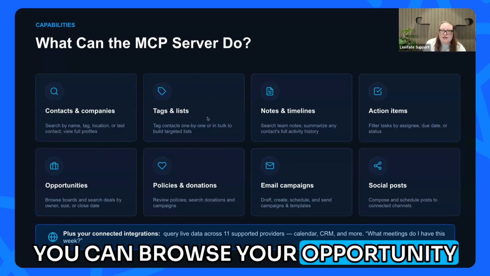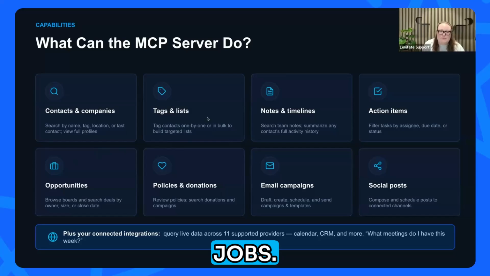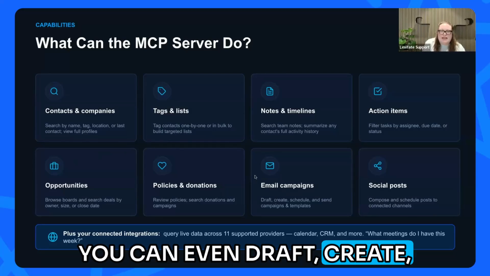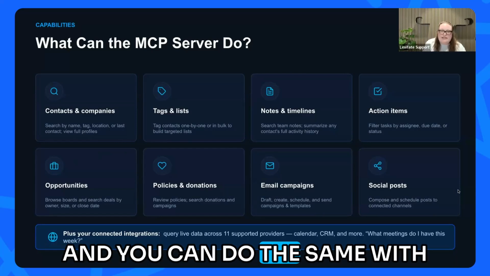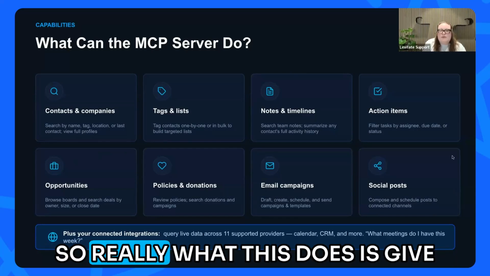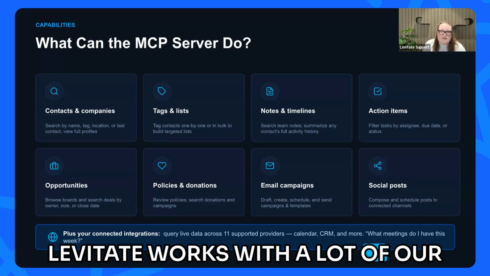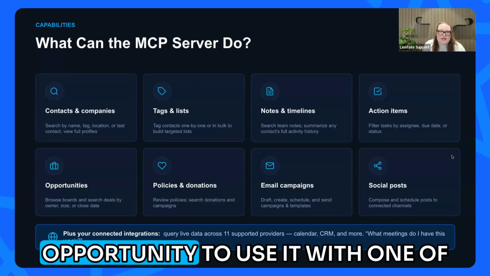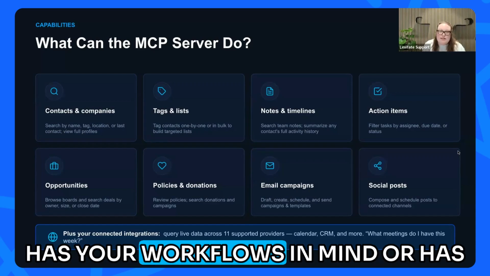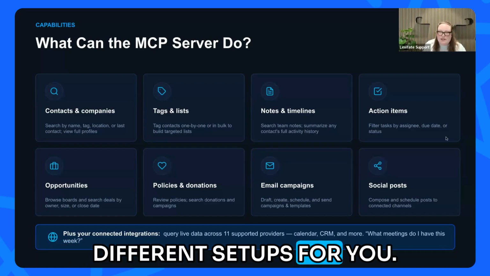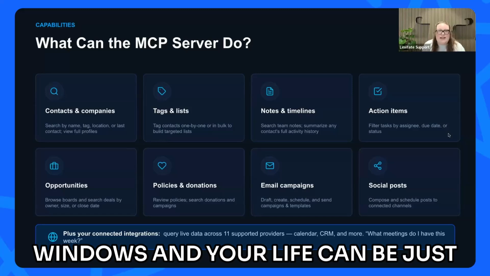You can browse your opportunity boards and other data boards like policies, donations, meetings, jobs. You can even draft, create, schedule, and interact with Levitate templates for campaigns. And you can do the same with social posts. So really what this does is give you the functionality of how Levitate works with a lot of our tools and gives you the opportunity to use it with one of your AI assistants that already has your workflows in mind or has different setups for you. So you don't have to do duplicate entry, you don't have to flip between windows,